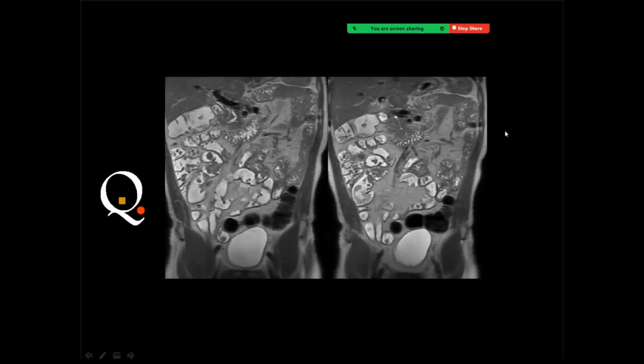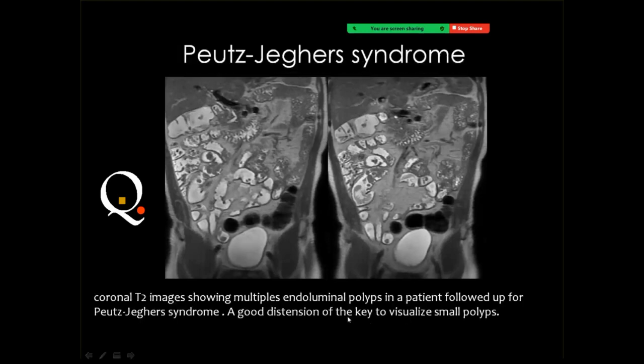And you know, before from the regular lectures that the small bowel does not contain filling defects. The small bowel contains fluid only. But if you see multiple filling defects within the small bowel, you know that these are polyps. But filling defects are routinely seen in the large bowel, and these are, of course, due to fecal matter. But in the small bowel, you should consider polyps, and the most famous